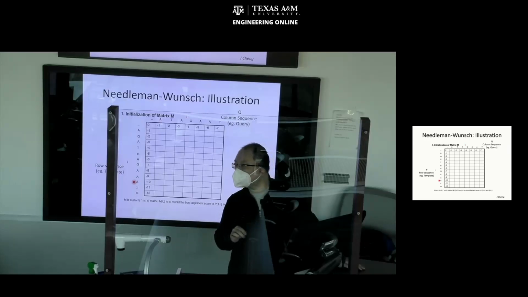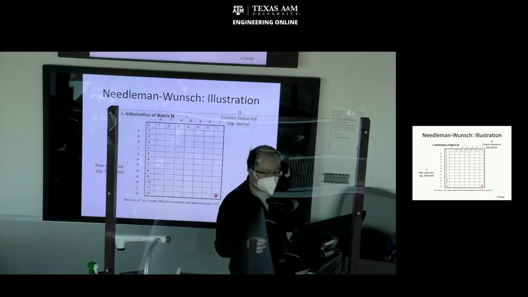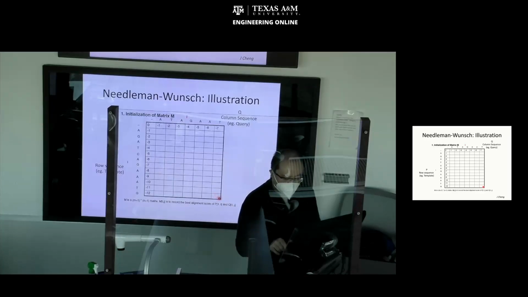Which corner? Right here, isn't it? This is Mij where I is maximum and J is maximum, right? So that's the optimum score for the two complete strings or sequences, P and Q. So I have to somehow get here, and I can start from the borders, which is very easy. For instance, here, gap aligned to gap is 0. Gap aligned to A is -1. Gap aligned to,